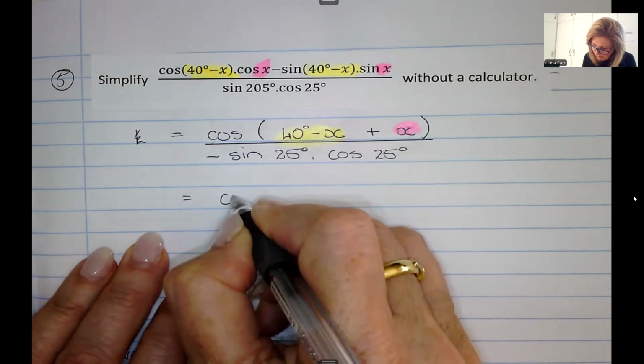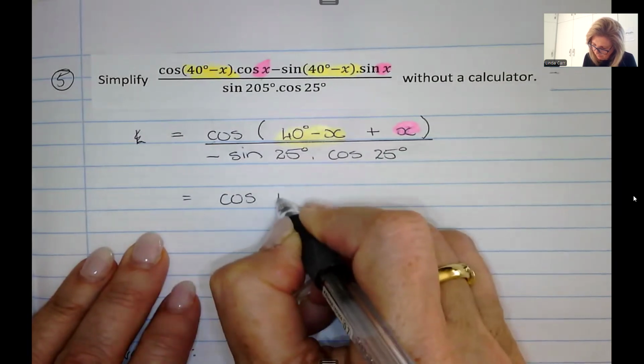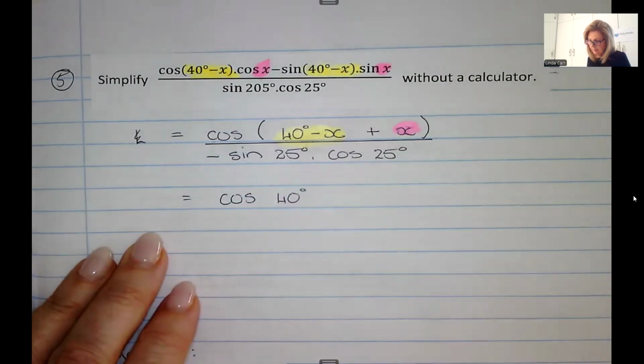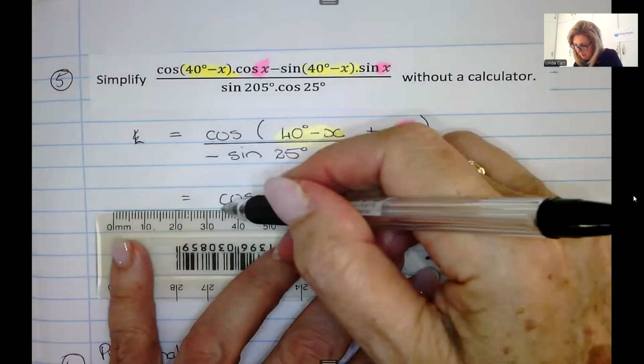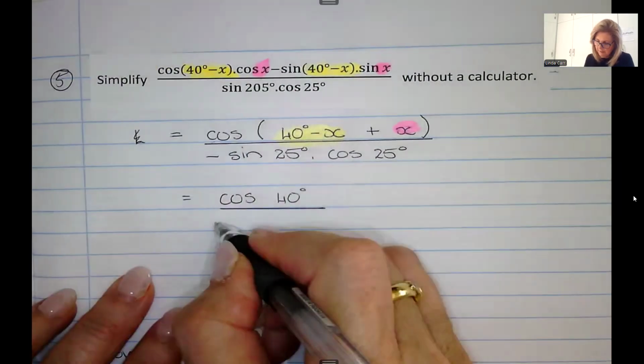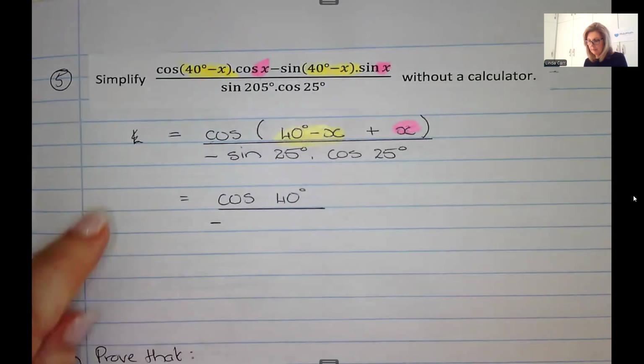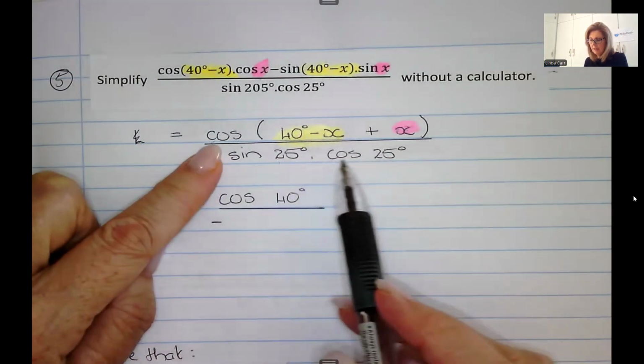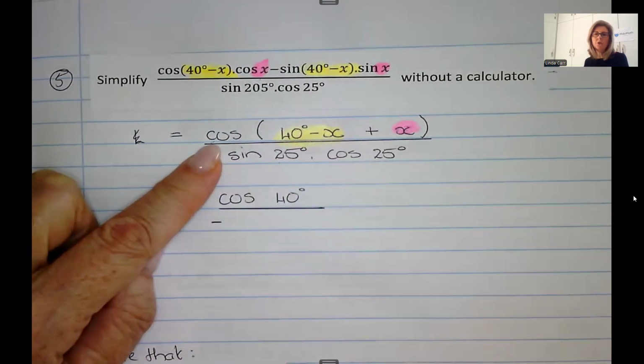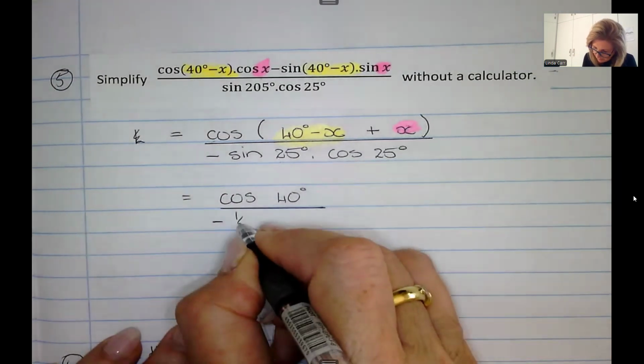And so my numerator is cos 40 degrees. My denominator is a little bit interesting because it's that sine cos without the 2 again. So we're going to make it a half